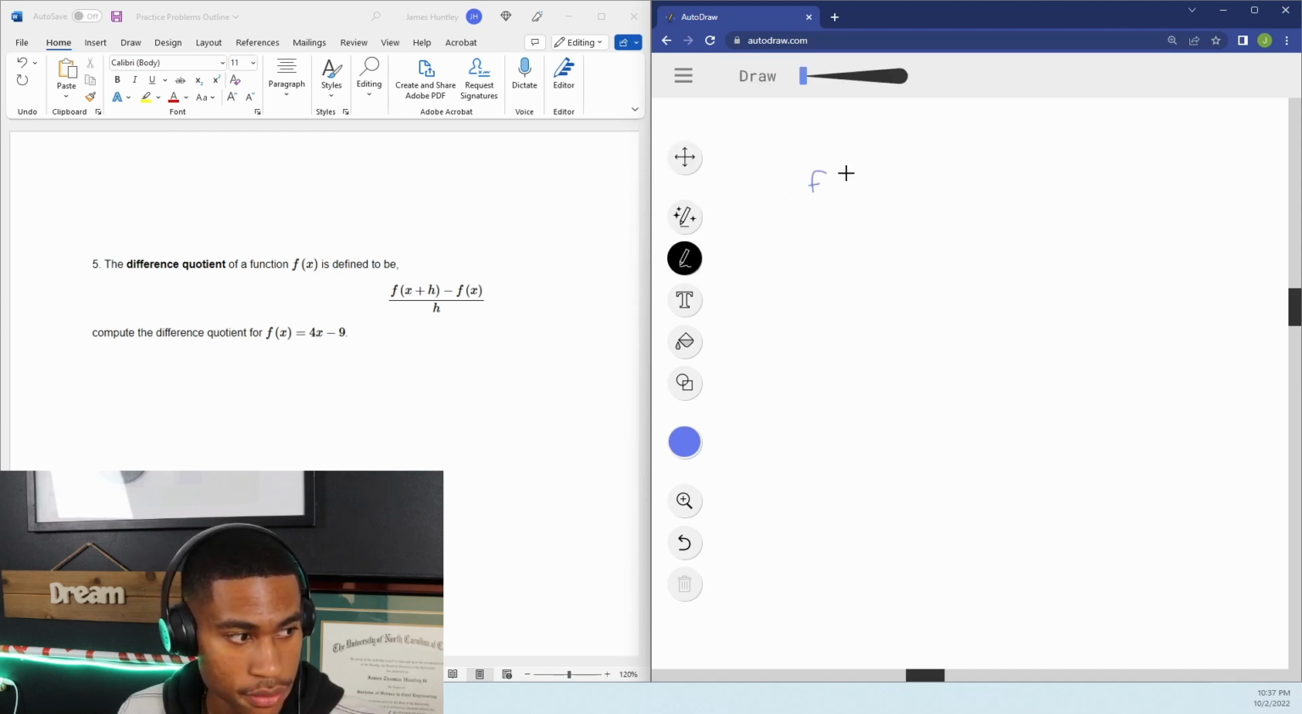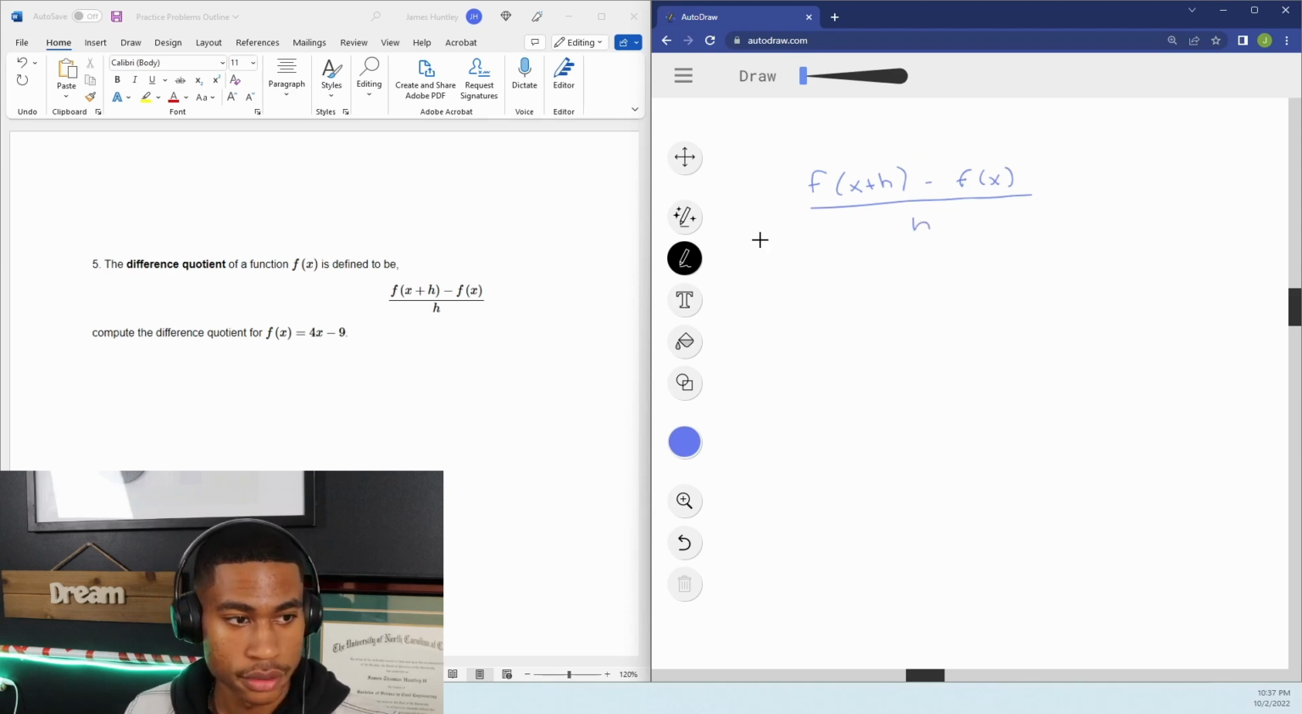So it says f of x plus h minus f of x over h. This is what we're solving for. And it tells us that, and I'm going to change colors just for this. Let's do a red. It lets us know over here that f of x